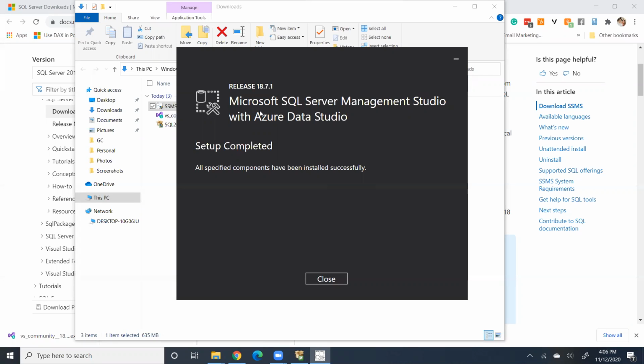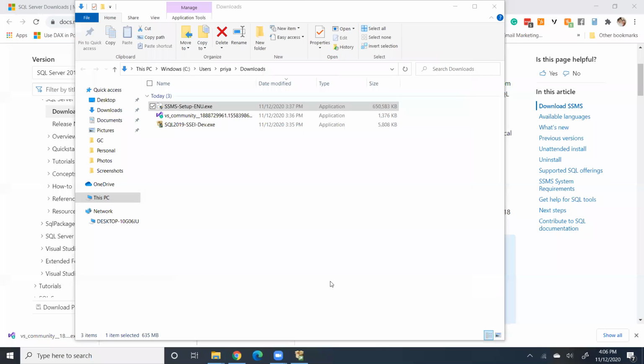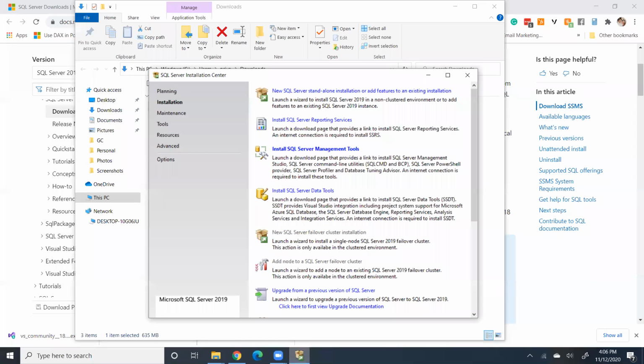Installation of SQL Server Management Studio is completed here. So I will just close it out. Once the Management Studio installation is completed, there are a few more installations we need to do. Next, I will also install the SQL Server Reporting Services, which is very important